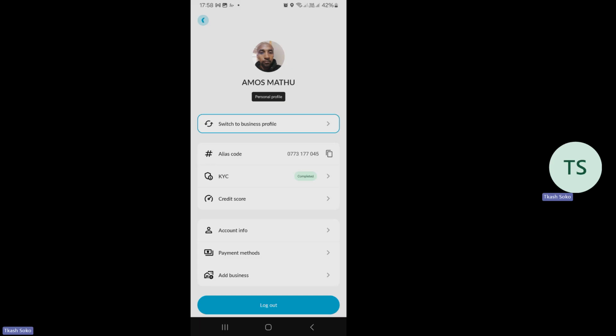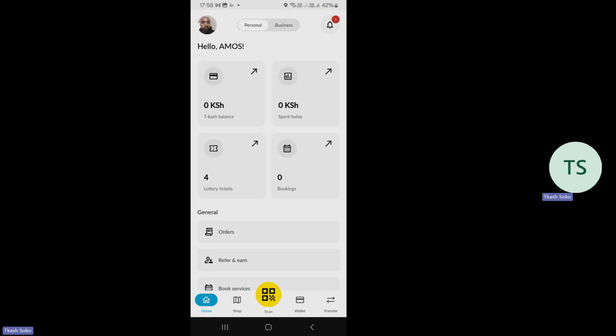Once your KYC is completed now, you have access to your money. And how do you now get to access your money? Nikirudi huku nyuma, ukiangalia kwa hii page yenye niko ya personal, hapa mwisho kabisa, down there on my right hand side, I have the option of transfer.